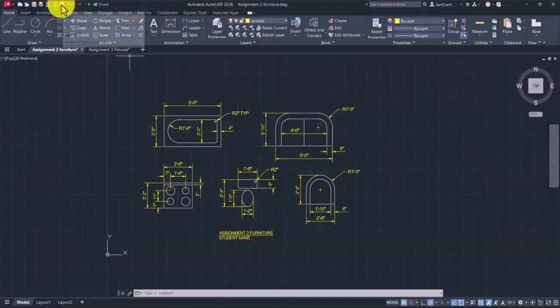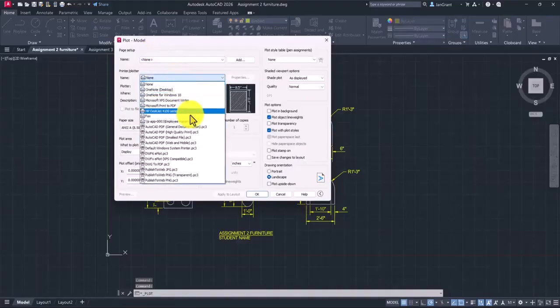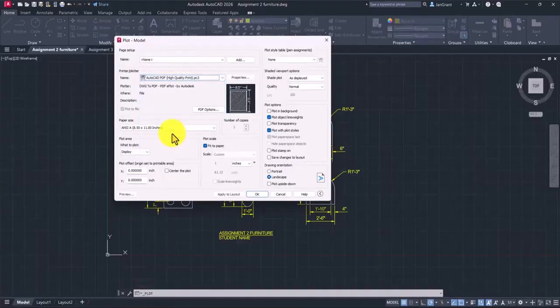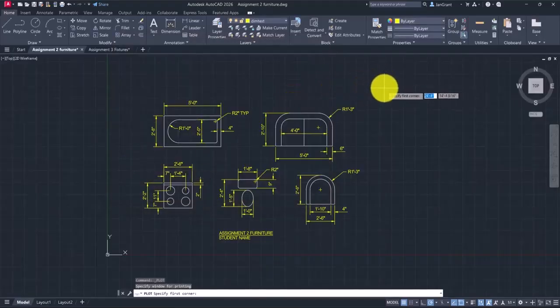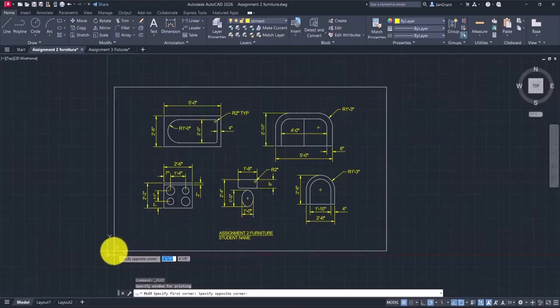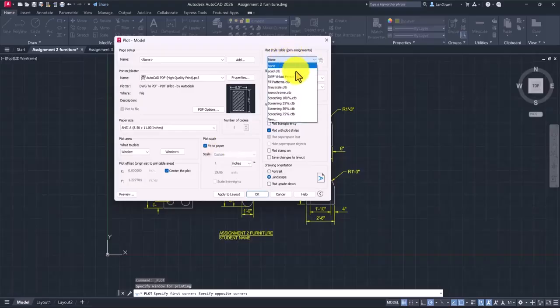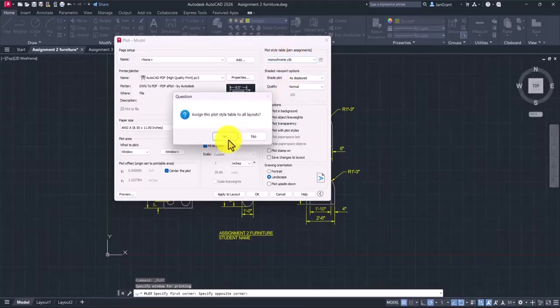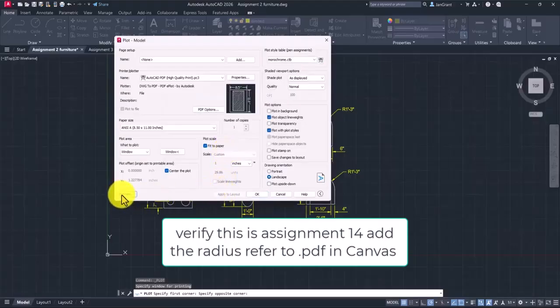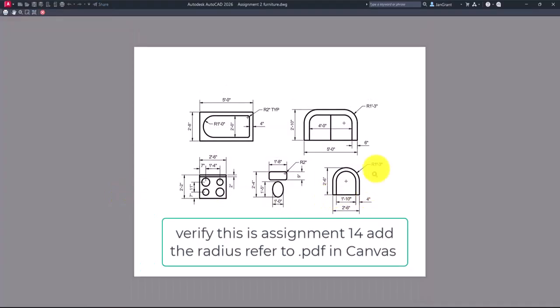So let's go to the plotter icon right here and change your plotter to that ACAD PDF high quality print. Drop this list down of what to plot and pick window. This is where we're going to click and let go and pull your mouse across and create the box that establishes your paper. Then we're going to put a check mark in center of the plot. We'll just print this one with the check mark and fit to paper. But we do want to change our pen assignments to monochrome at the top right. Pick yes. And make sure you pick apply to layout in preview. When you preview, you really should see that your objects are bold and your dimensions are